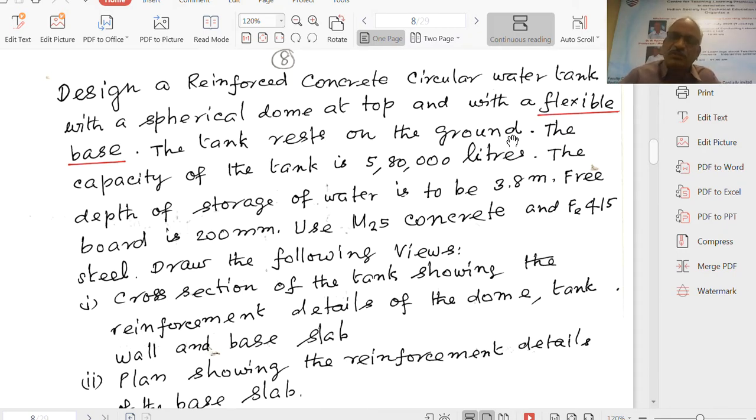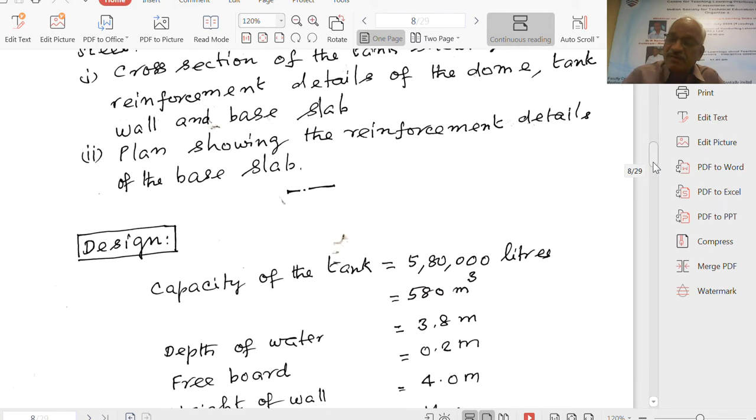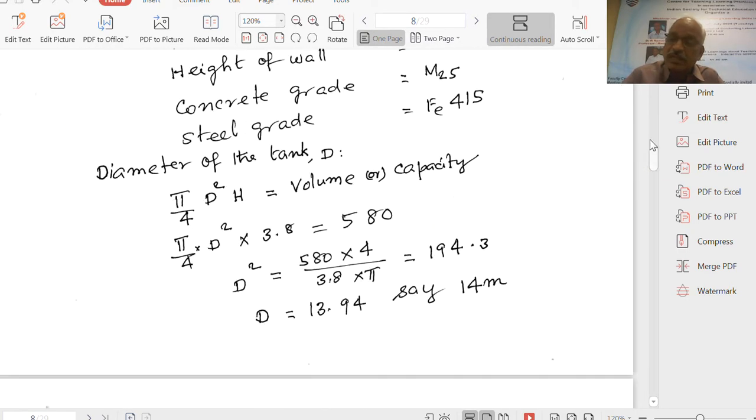The side wall, whatever may be the number of steps, number of pages, will mainly be designed for only hoop tension. You find out the pressure at the bottom, from which you find out the hoop tension. Hoop tension is a direct tension. Therefore, whatever is the force, force divided by stress will give you the area of steel. Because we know force equals stress into area, or area equals force divided by stress. Very simple design. So need not worry about the number of pages, first you have to try to simplify. You must know what we are going to do. Right.